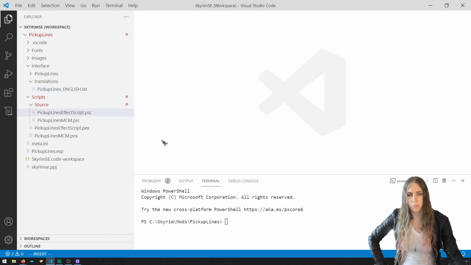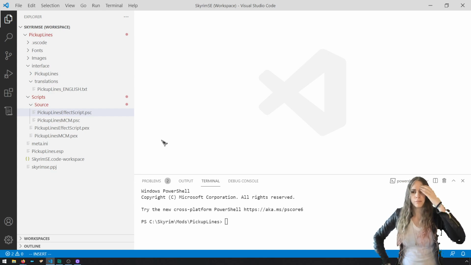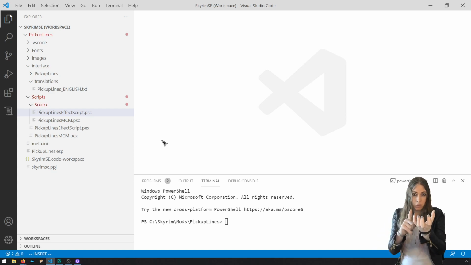We want to end up with one of two things. So here's the deal. You want to deploy your stuff as a zip file, an archive. Could be 7-zip, RAR, or zip. This will do zip by default. I wish it did 7-zip, but I can't complain. There might be a way to configure it. And inside that zip file, we want the ESP, the Elder Scrolls plugin. We want a BSA with all the textures. We want a BSA with everything that's not textures, including the PEX scripts, the translation files,